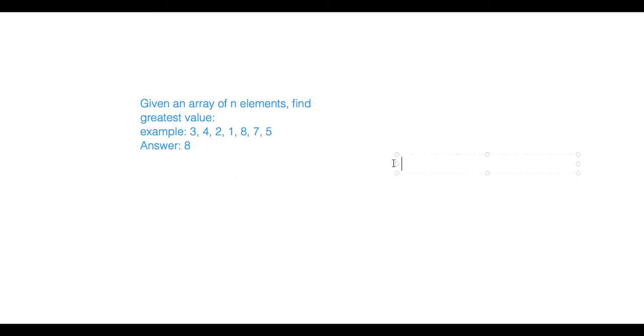For example, if we do it like this, suppose we say int max is equal to a of 0.